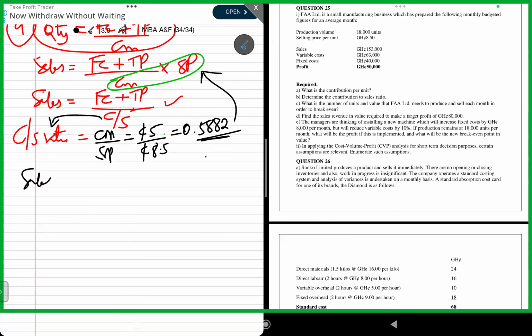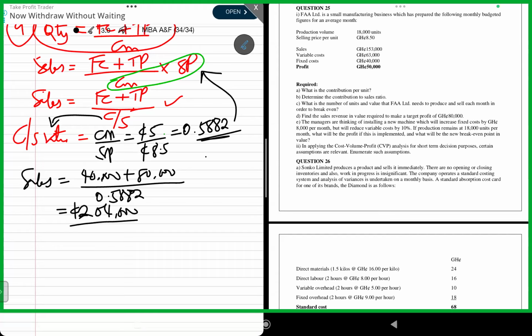So sales equals, what is the fixed cost? The old fixed cost, 40,000, plus what is the target profit? 80,000, divided by 0.5882. What do we have in all? 204,000. That's it. Straightforward. Or we can use the first one, which is sales equals 40,000